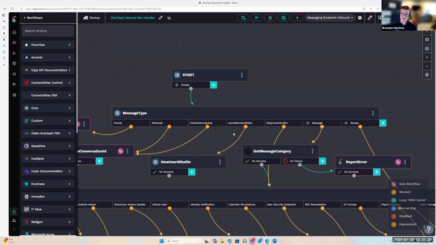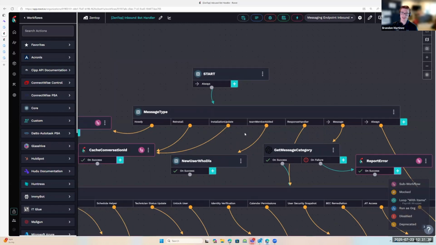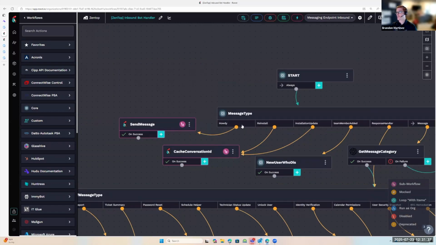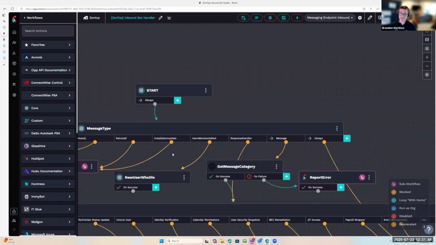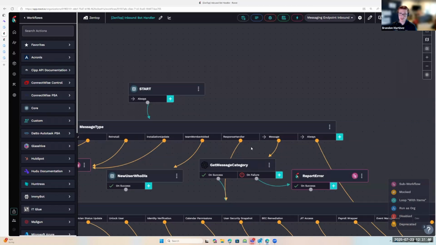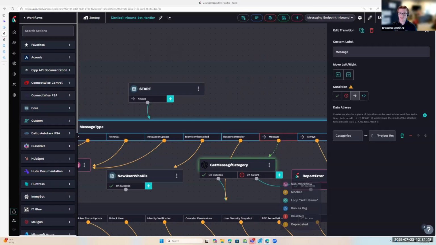So what we do is we check to see what's happening. Are we sending howdy, which is kind of our debug command to get information about the registration? If we're reinstalling or have a new installation, we need to cache information about it. If a new Teams member gets added, if we have a specific response, or if we just get a message and nothing else matches, we're going to say, okay, if you get a message,